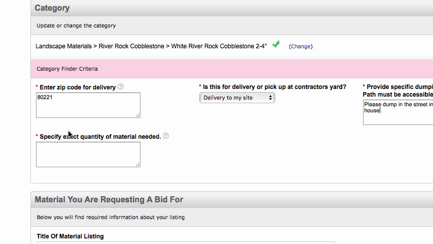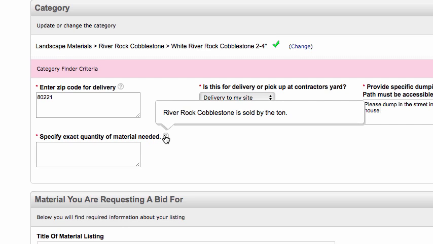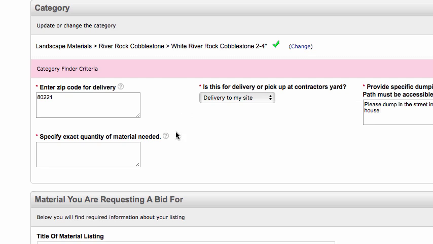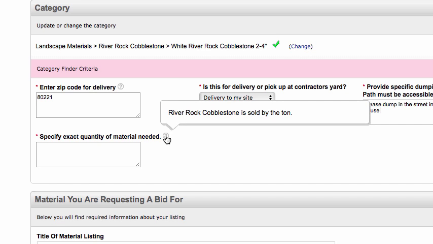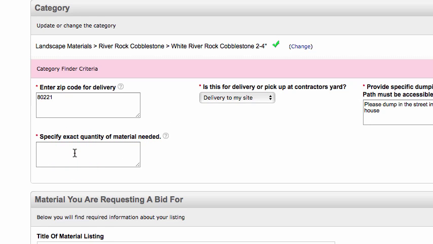Okay, and specify the quantity of material needed. So this is cobblestone. If you're not sure how cobblestone is sold, go ahead and just hover over this question mark, and you can see that River Rock cobblestone is sold by the ton. It just so happens I know that I need 8 tons